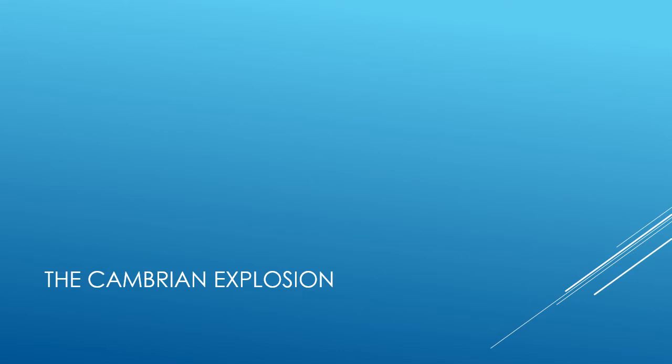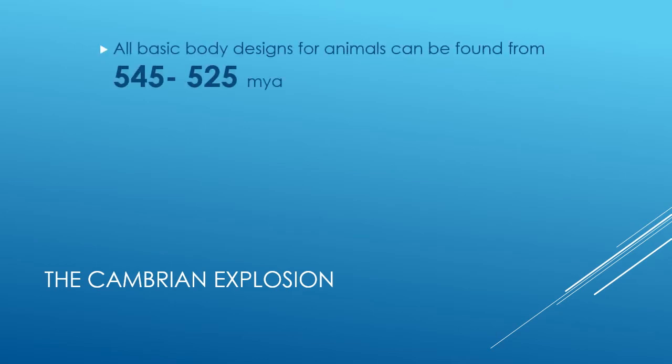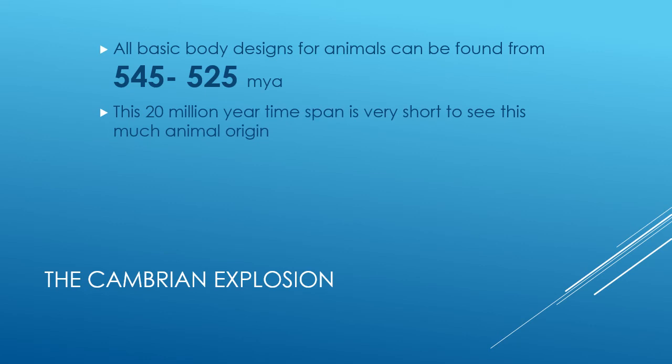So if we remember when we talked about, okay, here's life and it exploded. Well, generally, we can find all the basic life forms or the basic body designs for animals way, way back when, about 545 to 225 million years ago. So this 20 million year time span is actually very, very short when you're talking about 4.6 billion years. And so it's a very short time frame to see this amount of life explode, making it a very important